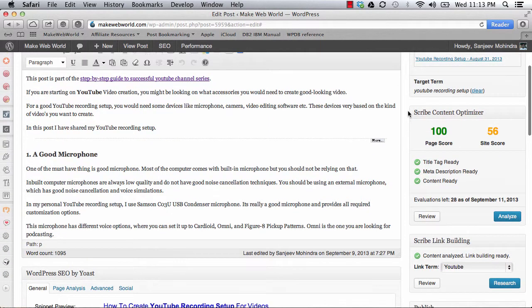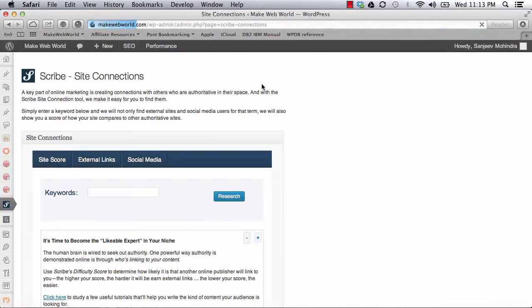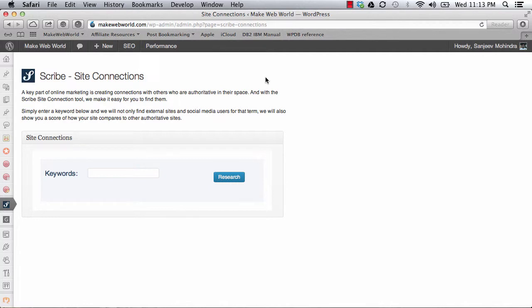So this is all for on-page SEO. Scribe also provides another tool which is called Site Connections. If you go to Site Connections, this particular space is more for your external linking. The Scribe link box, which was there in the edit screen, was more for internal linking.